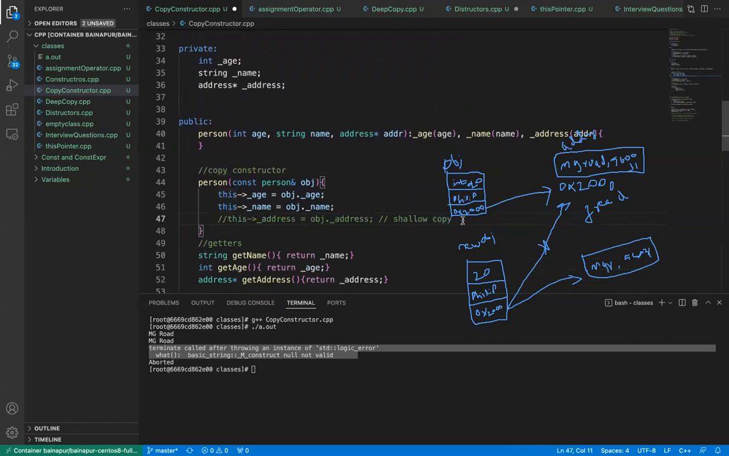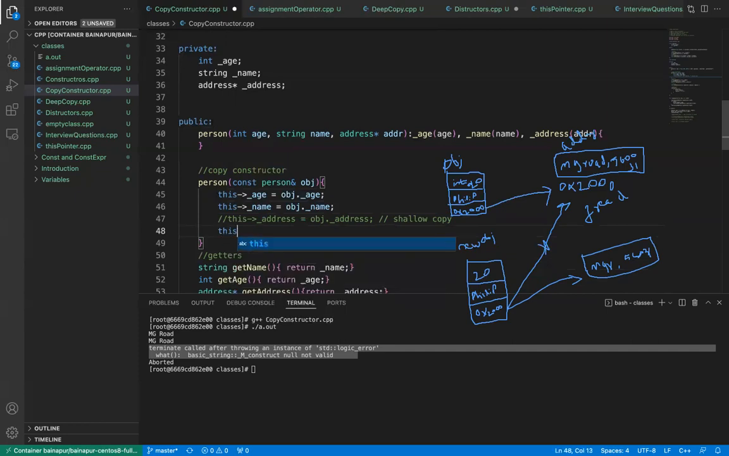This can be asked in the interview. What is the difference between shallow copy and deep copy? When does shallow copy happen, when does deep copy happen? What are the implications of shallow copy? How do we avoid shallow copy? All these things. Instead of doing this, what we can do,